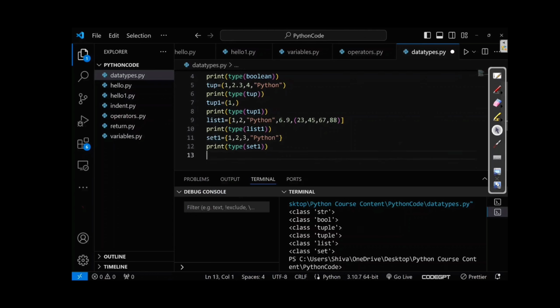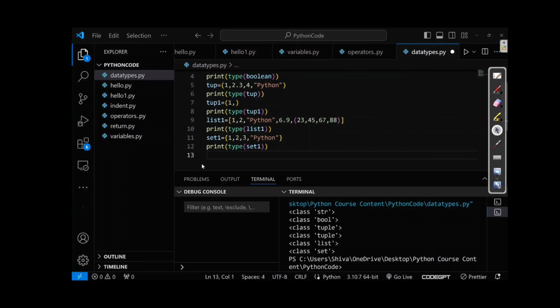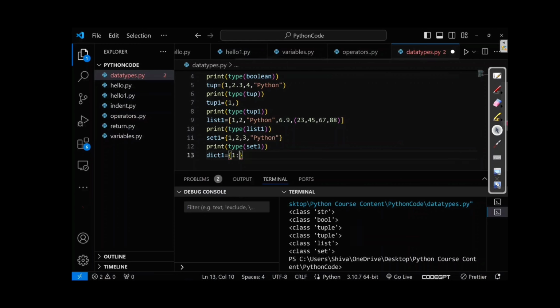Now the last one is the dictionary. I told you that a dictionary stores the data in the form of key value pairs. So I am defining a variable dict1. Inside this, first I need to use curly braces to define a dictionary, then I need to store the data inside the curly braces: 1, and then a